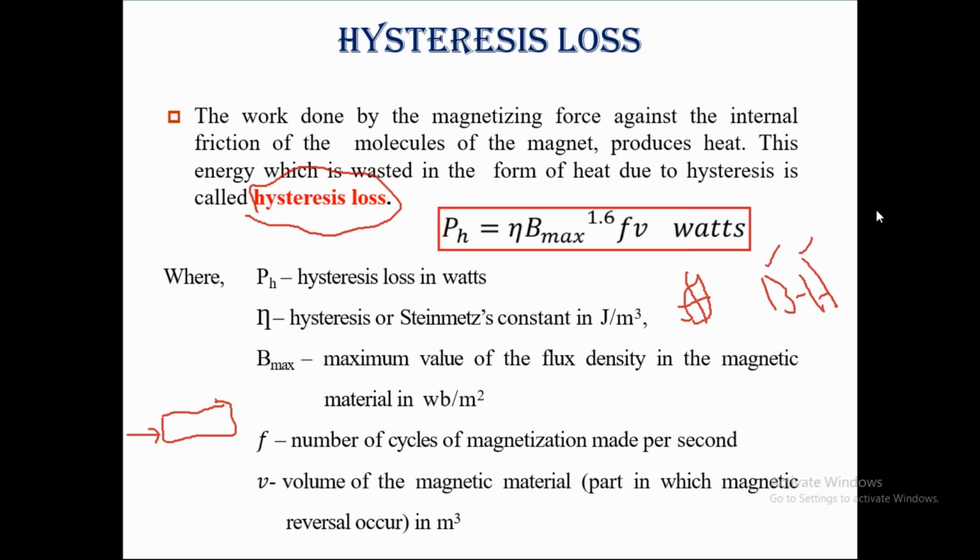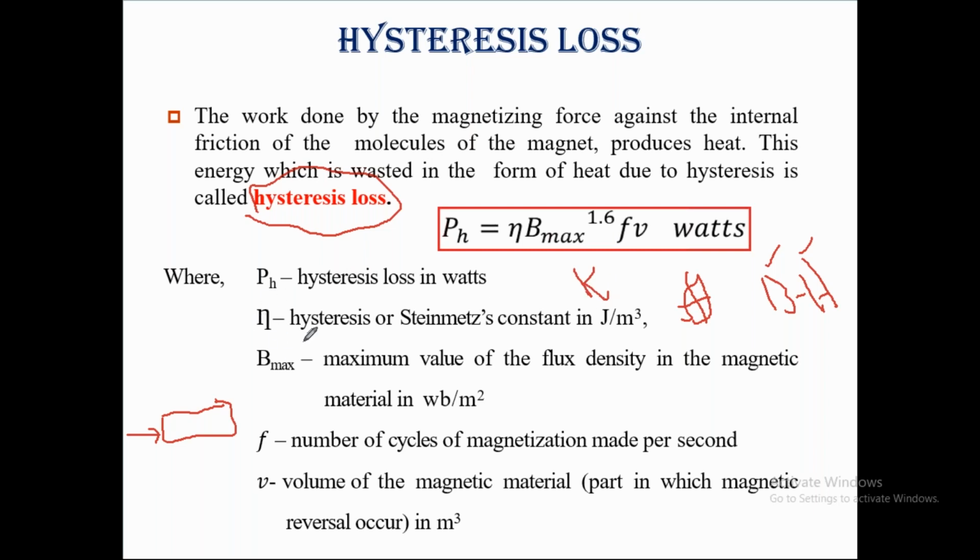Or else, how can we denote the Steinmetz constant? Right. So the Steinmetz constant is denoted by K,